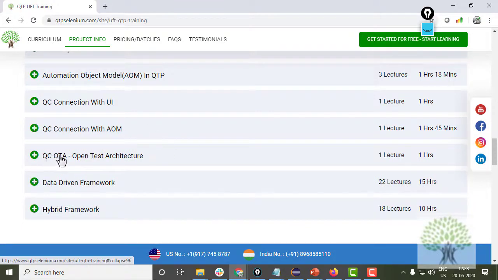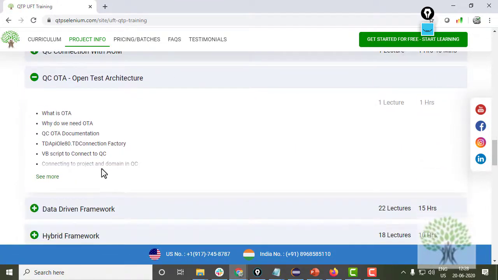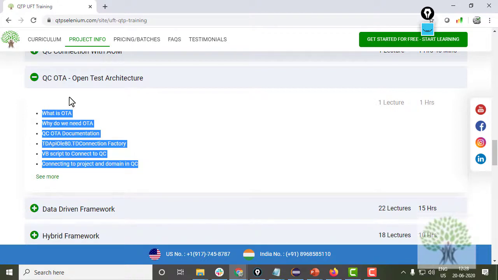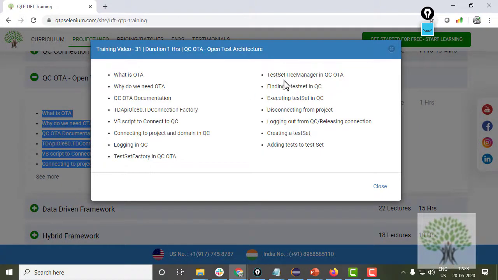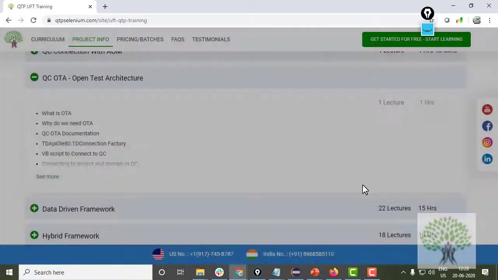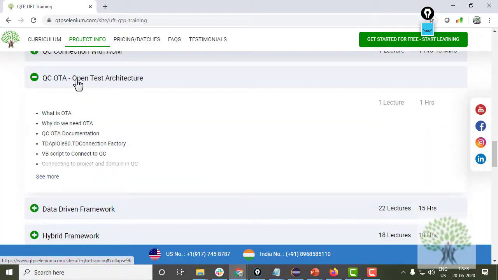We'll also be studying the open test architecture in QC, which helps a lot. Okay, because in this we can actually connect QC with UFT with the help of open test architecture. Why do we do that and all? I cannot go into that right now.